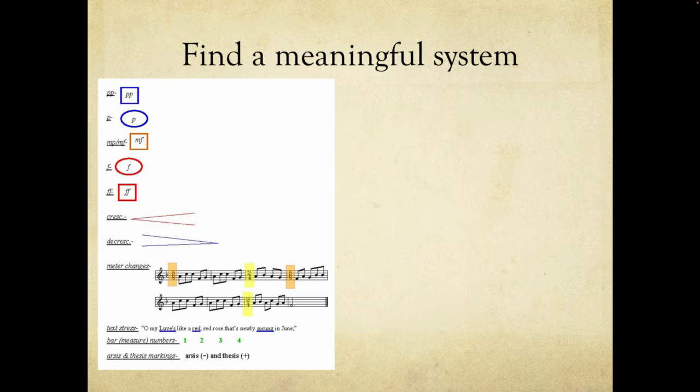Primarily, this is a way for you to learn by marking your score. So you can learn when it's piano, pianissimo, mezzo forte, so forth and so on. Crescendos you draw in red, decrescendos in blue. And then I use a system a little simplified. Anything that is a simple meter, I tend to do in yellow. If it is a compound meter, I tend to do that in green or blue, and anything that's orange is an irregular meter. So you see the orange here in 5/8, you've got 3 + 2, and then the 2/4.